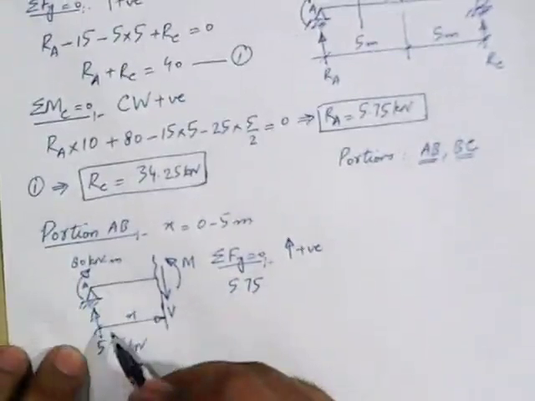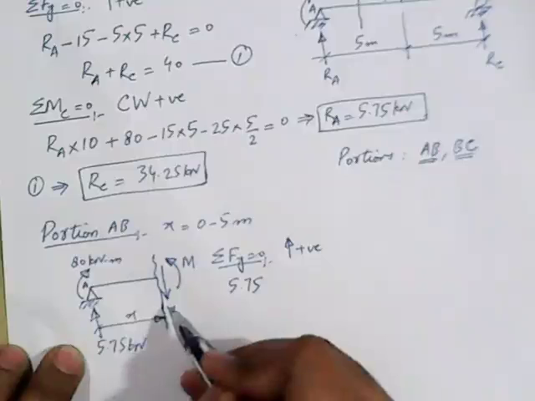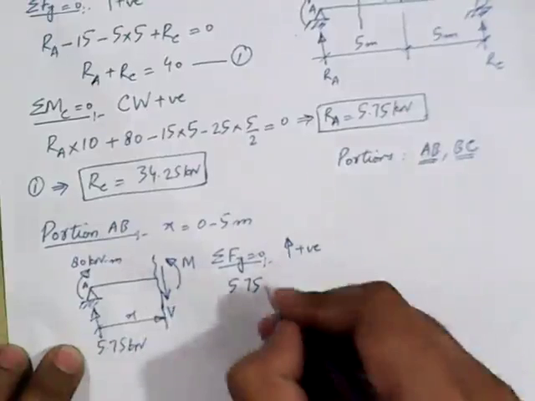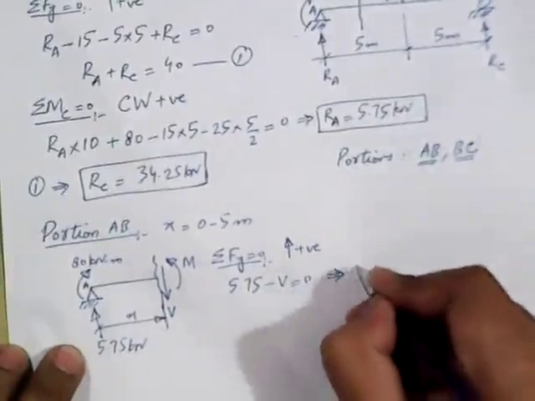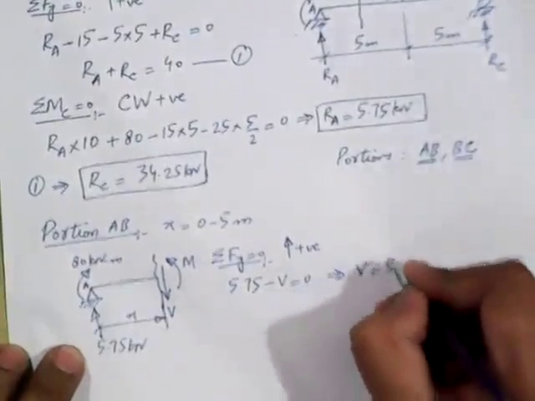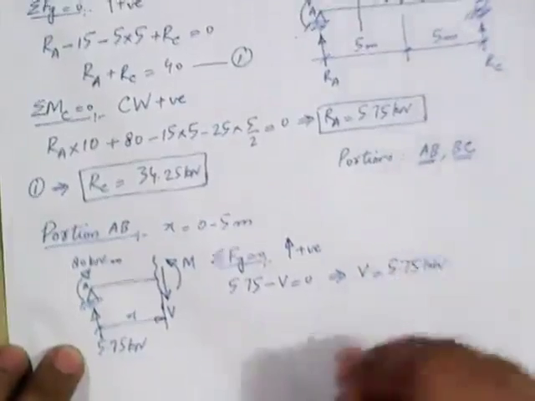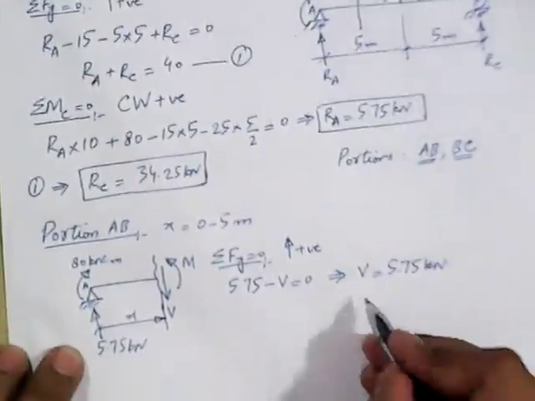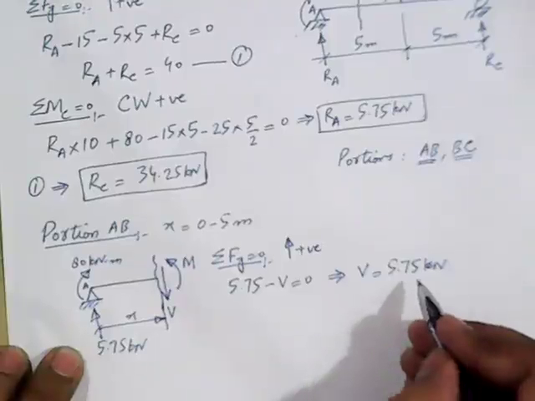This moment will not appear in this equation because it's a moment, it's not a force. And then we have this shear force V acting in downward direction. So minus V, this is equal to 0. And if we rearrange this equation, we get V equal to 5.75 kilonewton. So this is the equation of shear force for portion AB. And there is no variable x in this equation, so